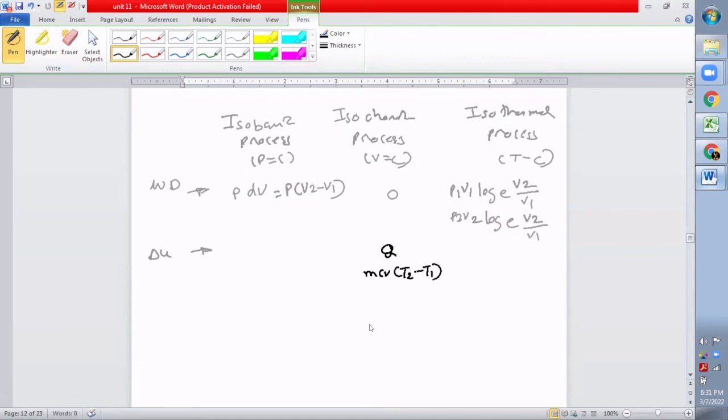Okay, now in the case of the isobaric process, the del U is equal to,